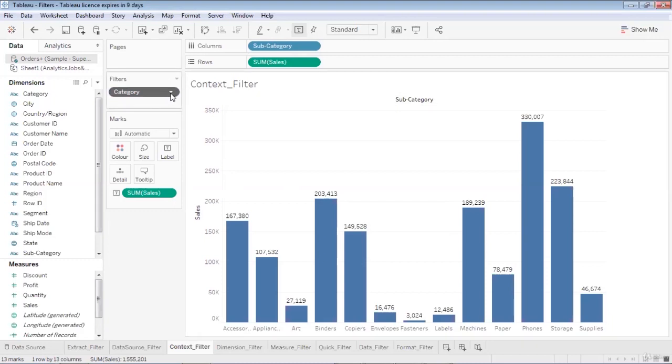So I think the context filter and its use is quite clear to everyone. So now let's move to our